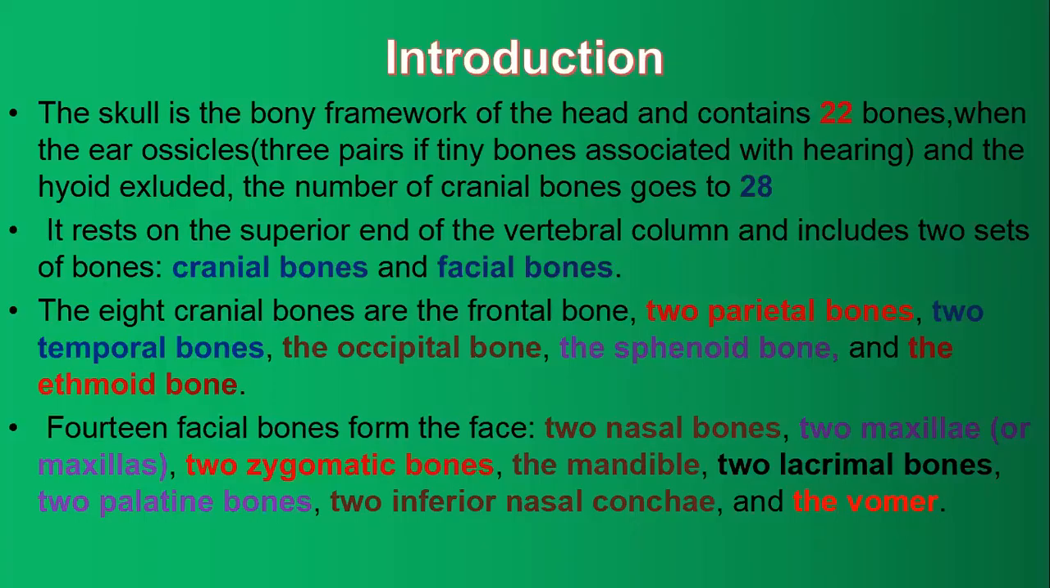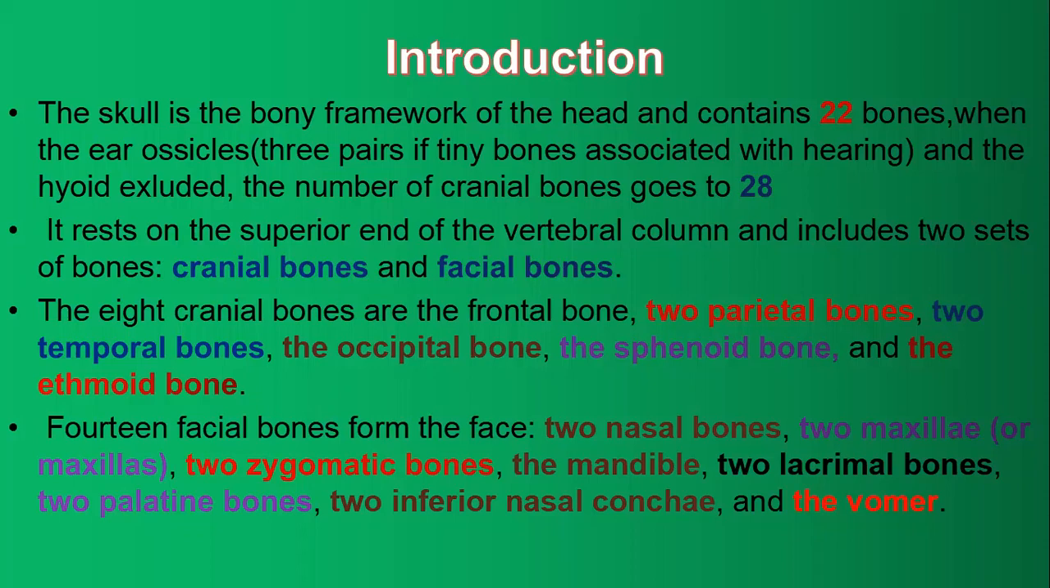For the introduction, the skull is the bony framework of the head and contains 22 bones. This is when the ear ossicles, which are 3 pairs of tiny bones associated with hearing, and the hyoid bone are excluded. But when the ear ossicles and the hyoid are included, the number goes up to 28. The skull rests on the superior end of the vertebral column and includes 2 sets of bones,